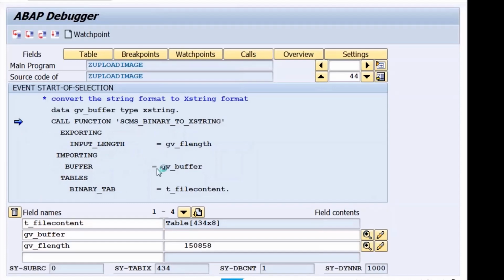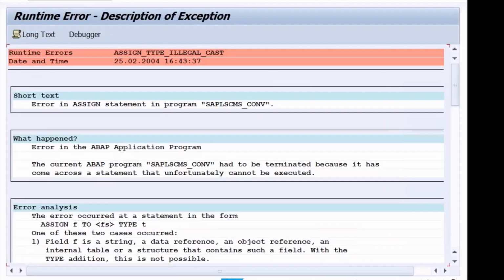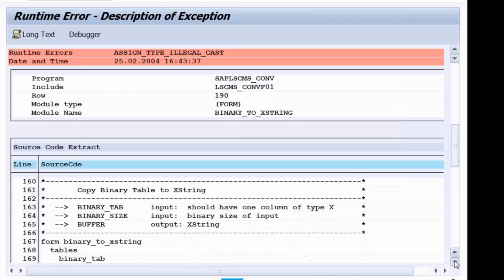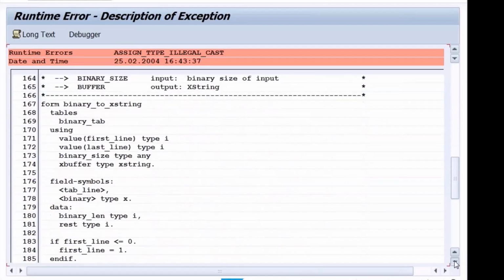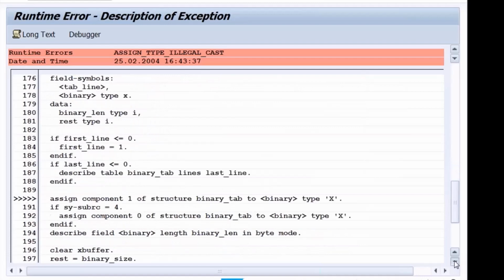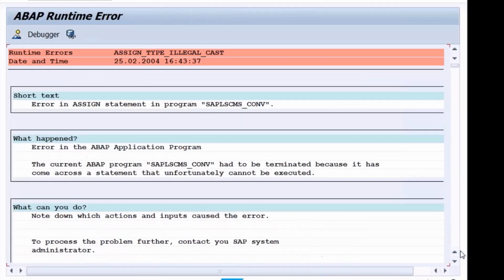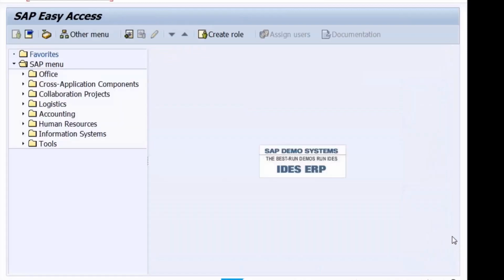F6. Oh, what I got? I got an error. Error in the ASSIGN statement in the program. It's not recognizing that.